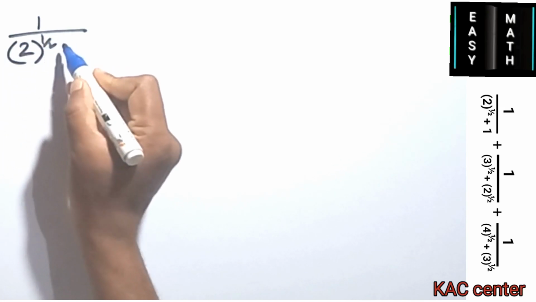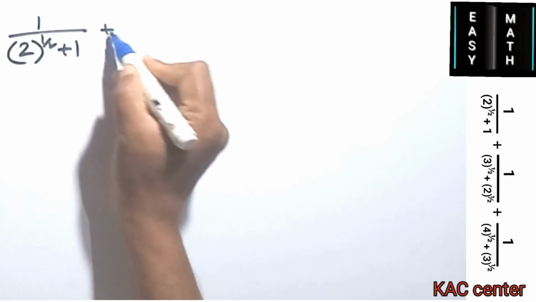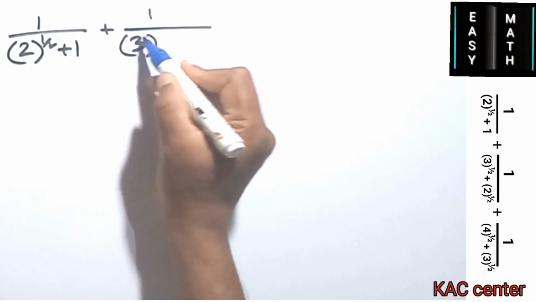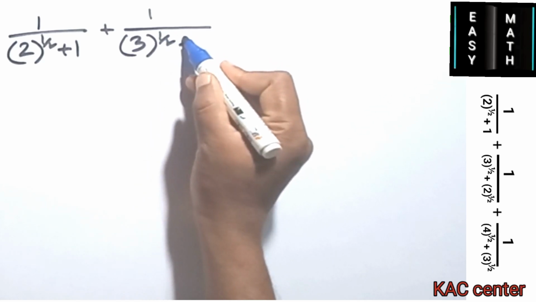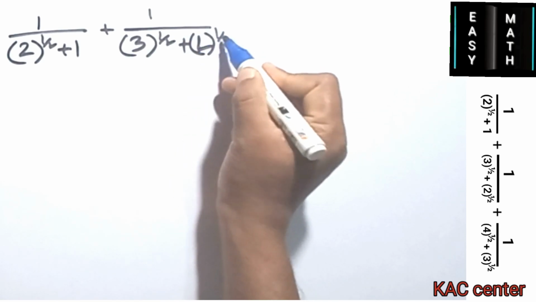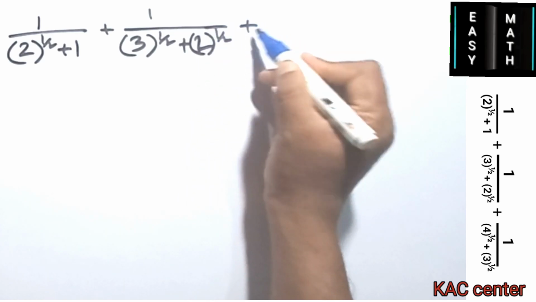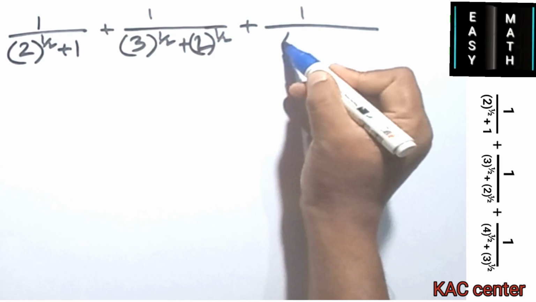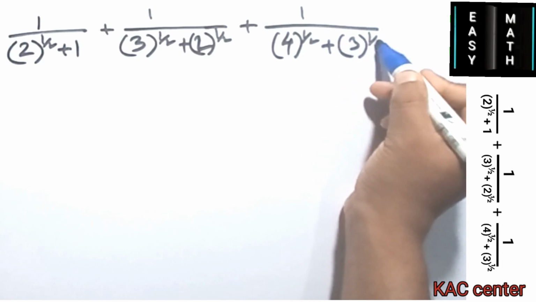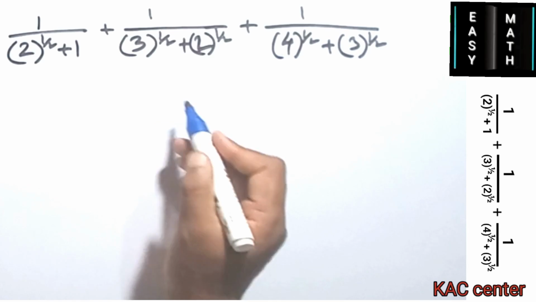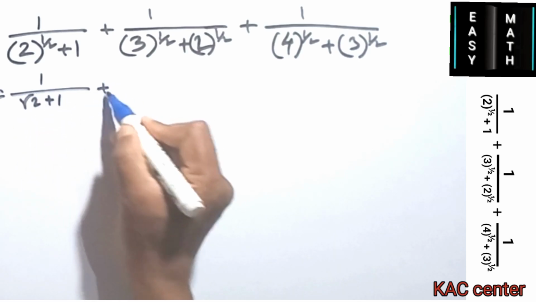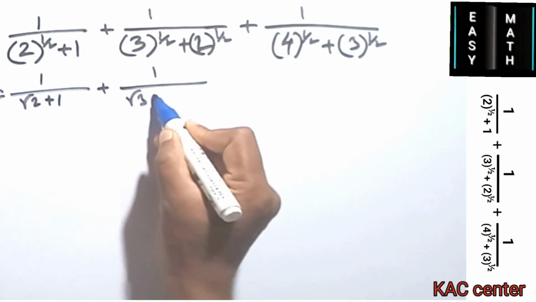Power of 2 plus 1, the root 3, yes, sorry, 3 power of half, and this 2 half, and there the 4 power of half and 3 half. Simplify this. First we can write this is root 2 plus 1, and this we can write root 3 plus